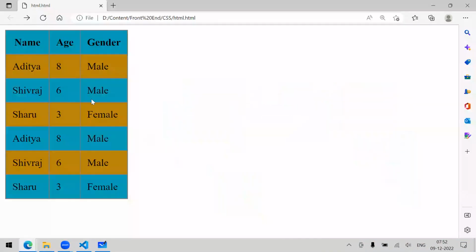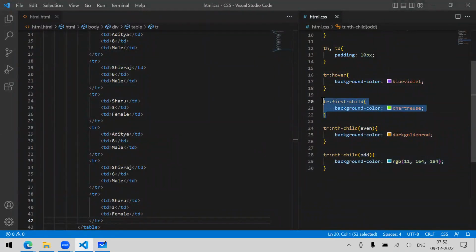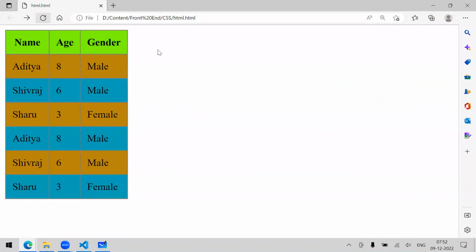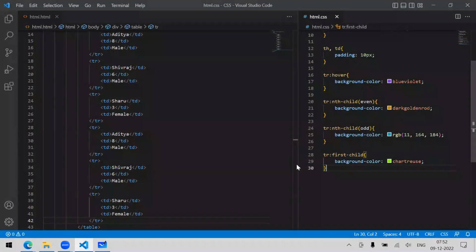This property is applying background color to it. So instead of this, I will pick that and paste it here and refresh. Let's understand: if you give the same property for the same element, what I mean is,